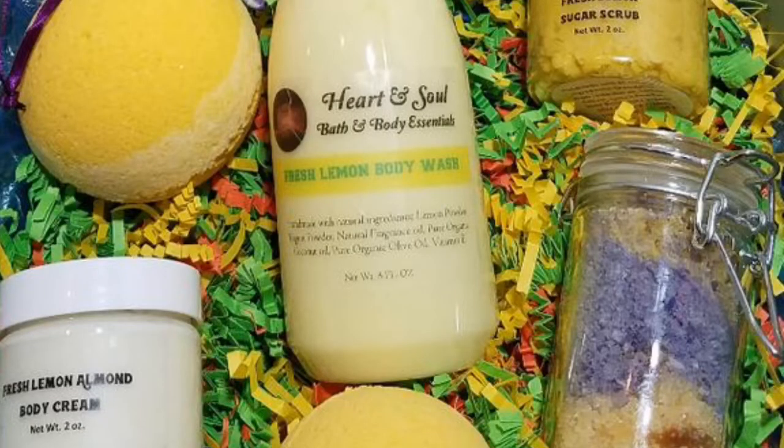And then they have the Lemon Delight box. My daughter-in-law, the one that does the Universal Yum box with me, she loves the lemon box. Oh my goodness, she's a lemon connoisseur. I love lemons too, but she just goes over and above and crazy nutso over lemons. The Lemon Delight subscription box has lemon bath bombs, lemon shower bombs, lemon bath salt soak, fresh lemon sugar scrub, lemon almond body cream, lemon body wash, lemon everything, just lemon everything, and that is